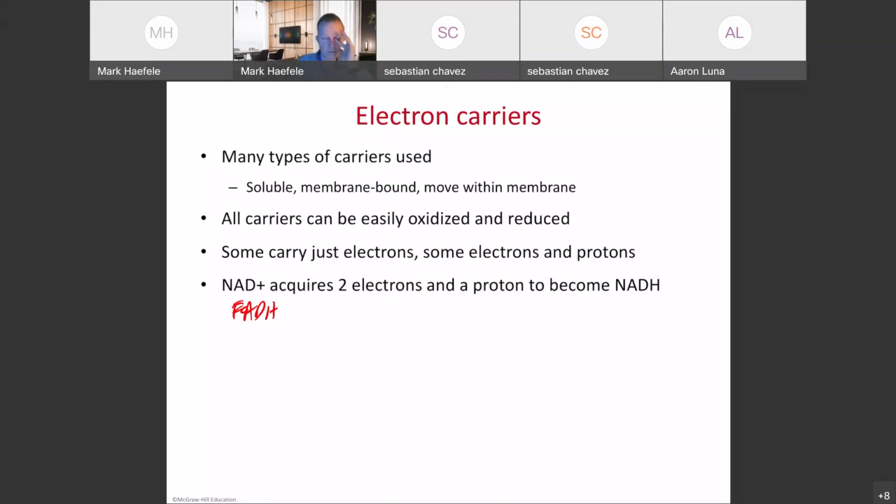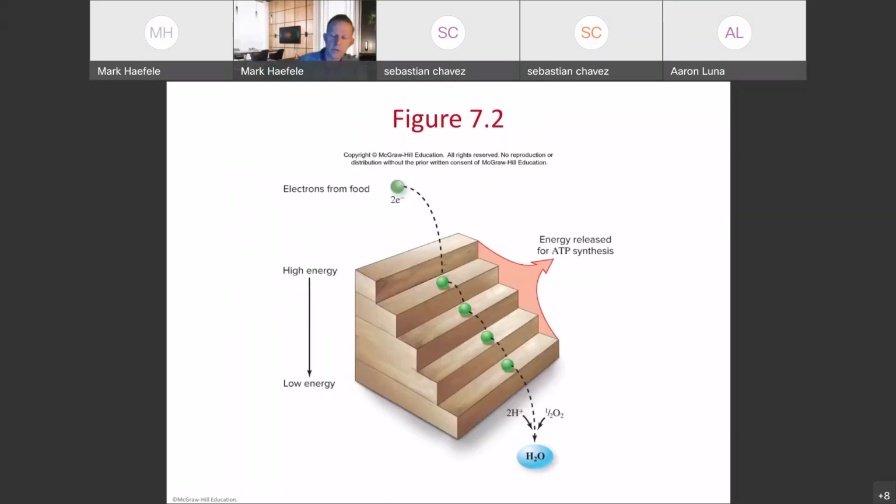And so these are very easily oxidized. So just like a taxi cab, they're not hanging on to people. They can easily pick them up and then give them up. They have almost no affinity, no desire to hang on to these electrons. They just grab them and pass them on. And so ultimately, that's the importance of these electron carriers. So when you take a look at these then,